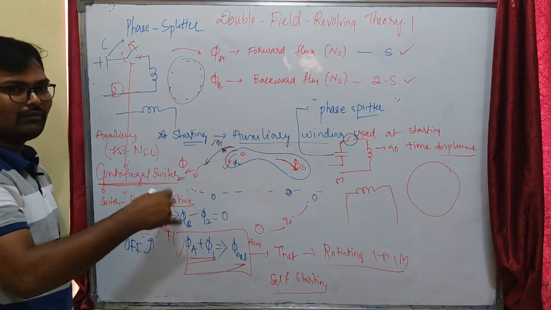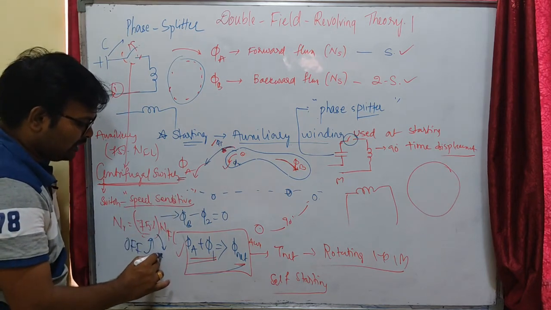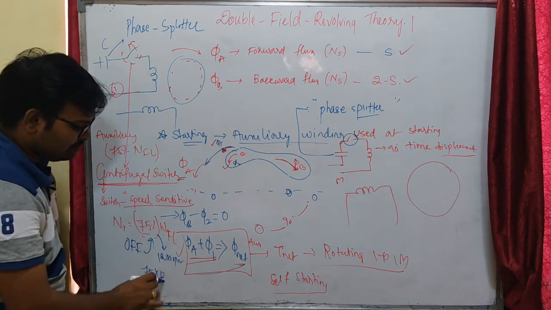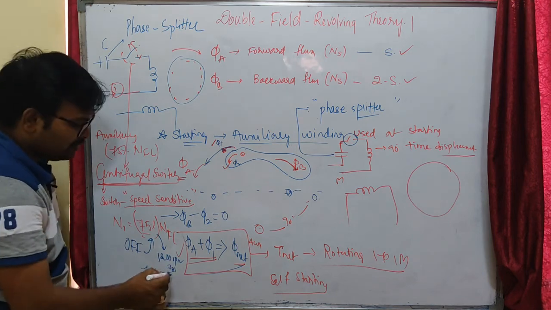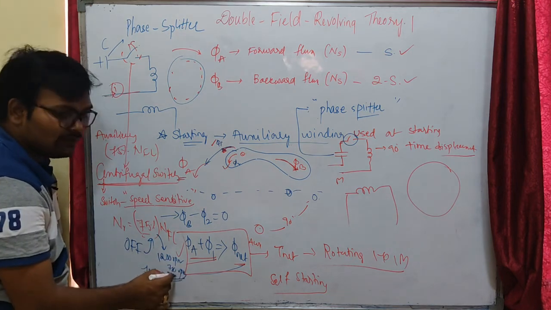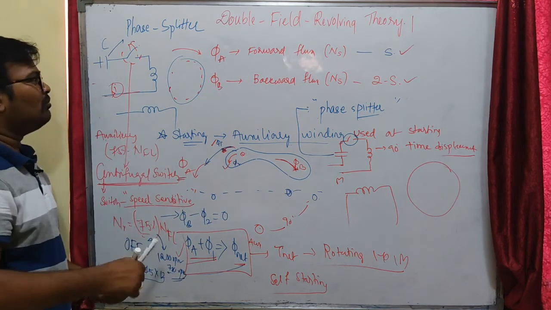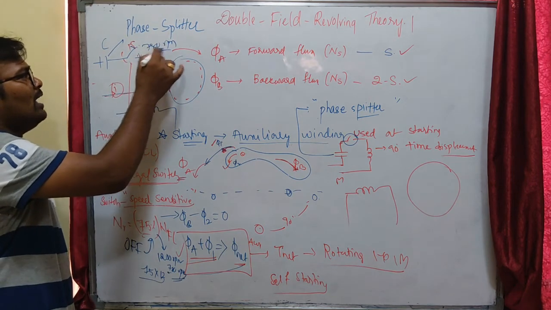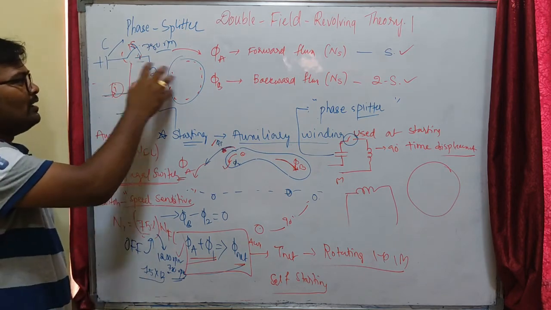Due to the rotation itself, the switch will get open circuited at some speed. Let us consider we have a rotation of 1200 rpm in our single phase induction motor. What is 75% of it? That will be around 780 rpm. Once our machine attains 780 rpm, the centrifugal switch, a speed sensitive switch, will go to the off position. This is the on position. After 780 rpm, the switch will be automatically open circuited. That disconnects the auxiliary winding from the main winding, so there will be no use of the auxiliary winding after starting the machine.